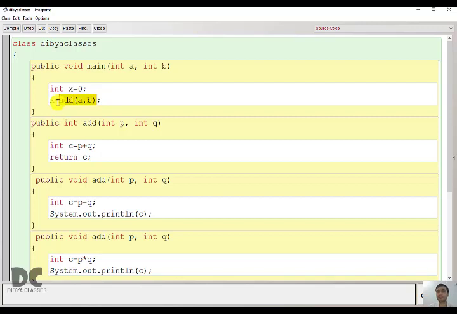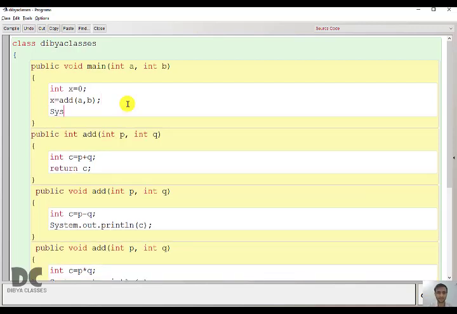It will get returned to the main function, and the value 15, right? He gave 5 and 10 and the value 15 will be stored in the variable x. Then what is the next job? The next job is to print the value, that is, to tell the client.